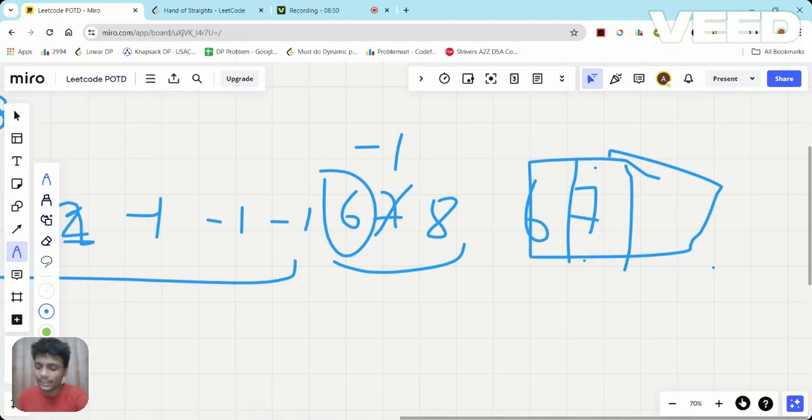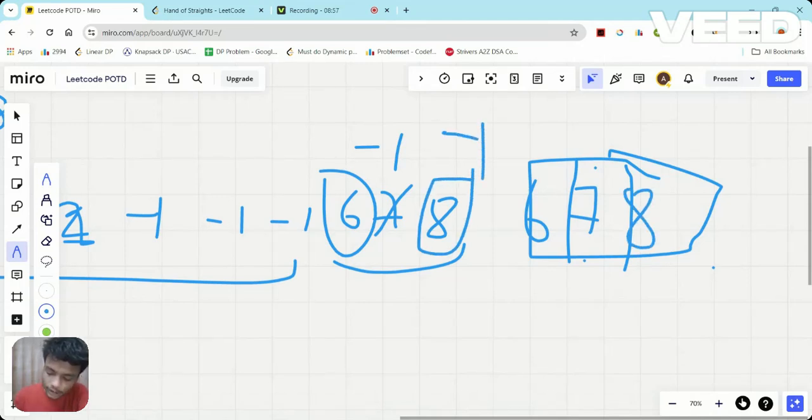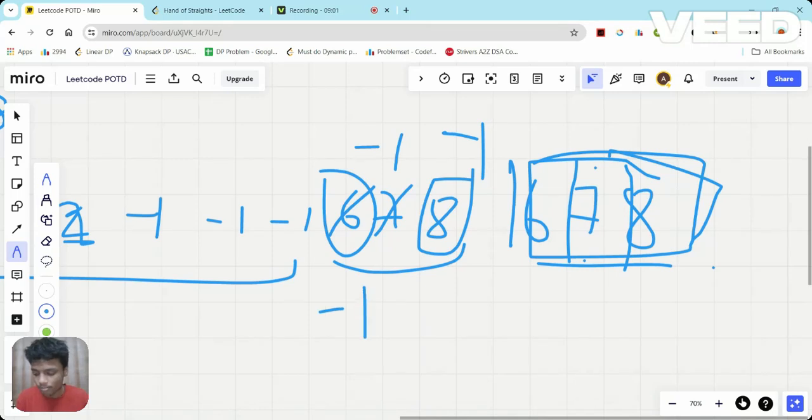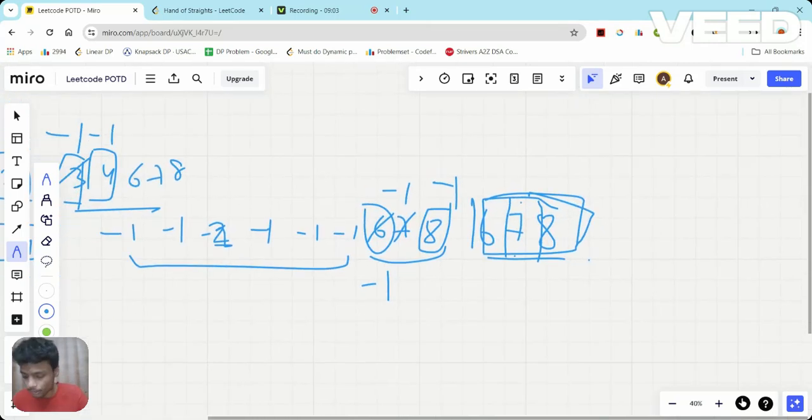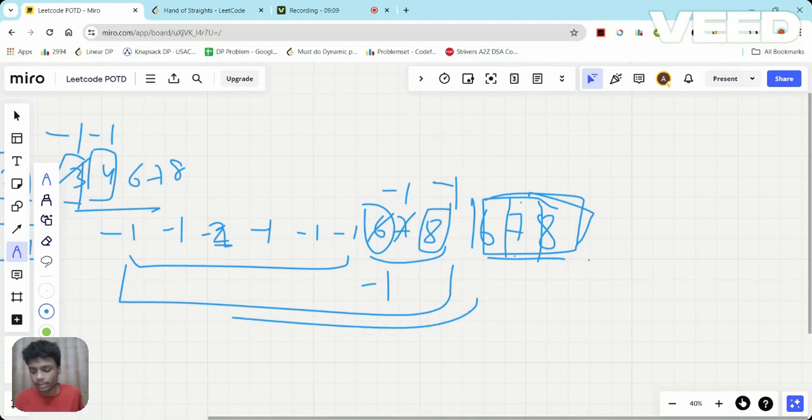So I will select the next element that is just greater than 7. That is what? 8. So I'll have 8 here and change it to -1. Now once the group is completed, I will change it back to -1. Now you can see here all the elements are converted to -1. And at last I will iterate the whole array and check if all the elements are converted to -1. Then in that case I need to return true, else I need to return false. As simple as that. This was the simple approach for this problem.